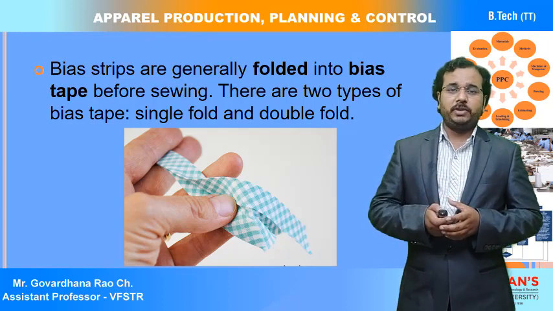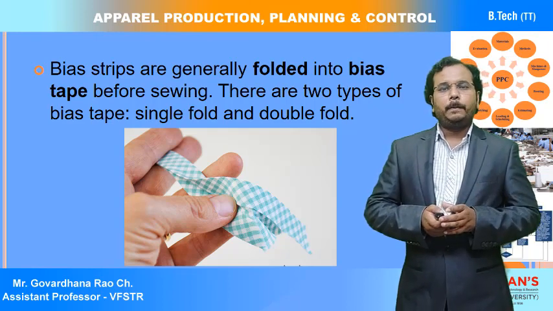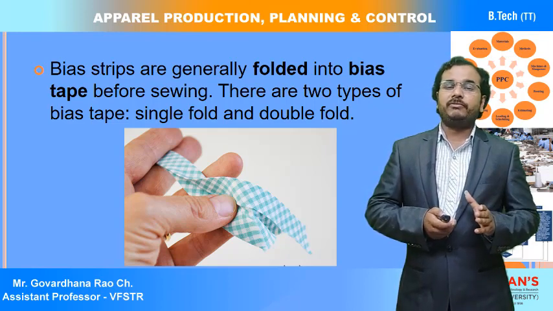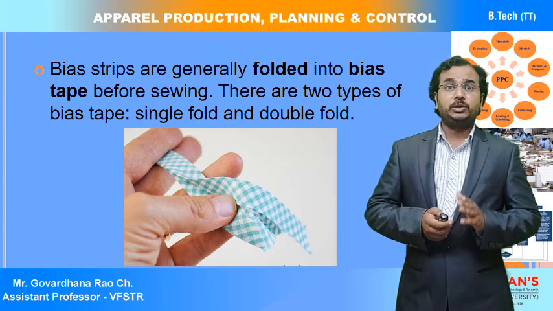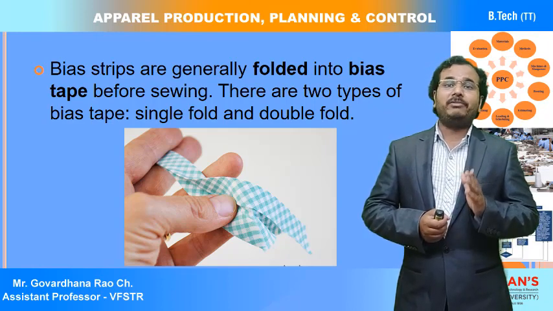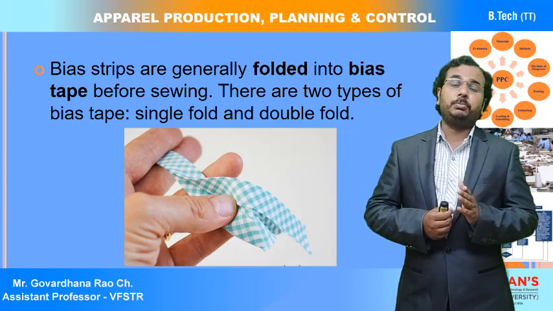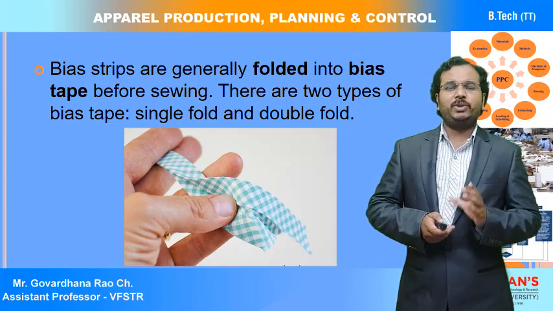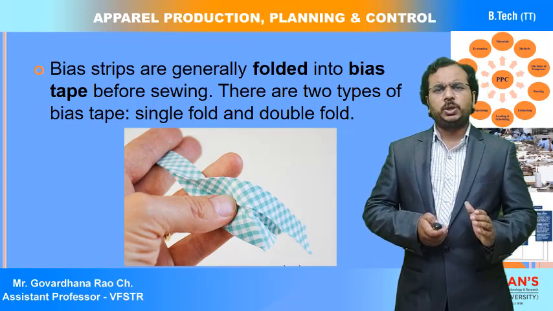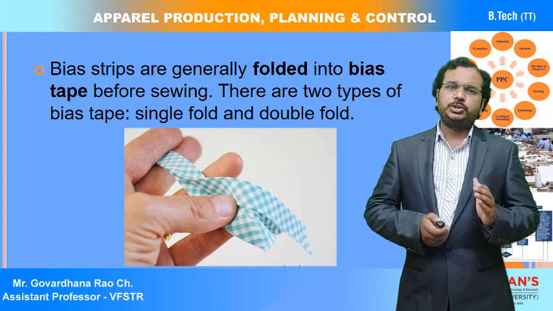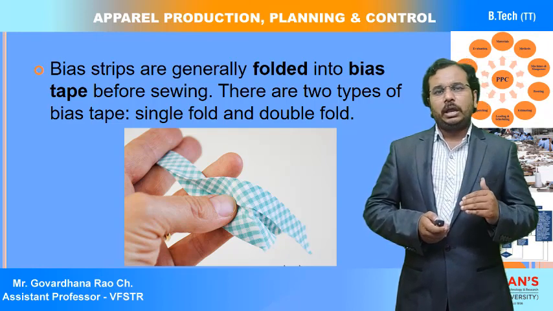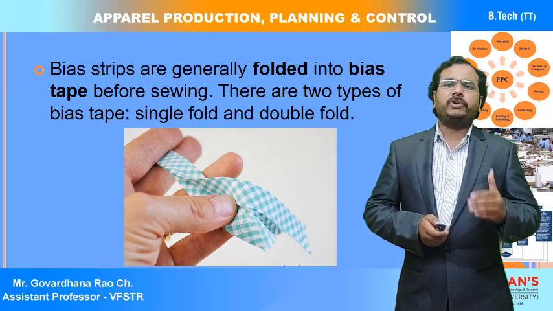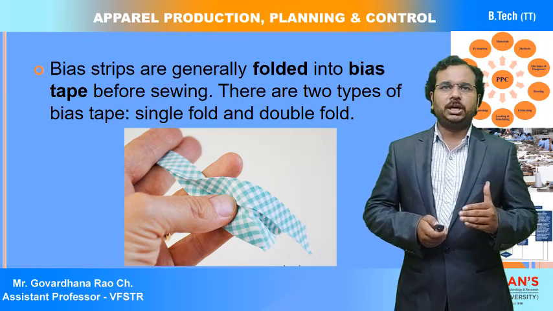So to avoid that, we particularly prefer biased grains, so that the cut component itself is prepared at a biased angle, and the fraying out or raveling of warp threads or weft threads is restricted or avoided in further processes. Also, after these components are used in the garment, they give a good, attractive effect to the garment. That is why we choose these grain lines.